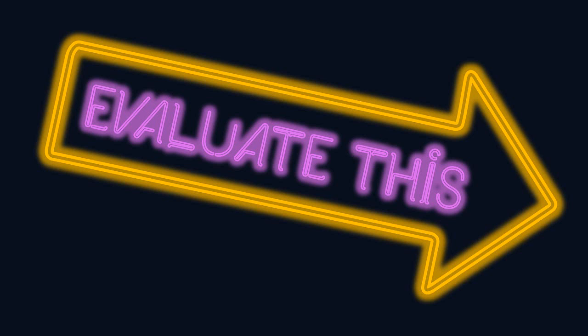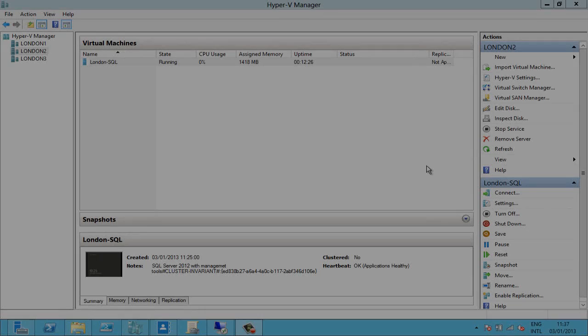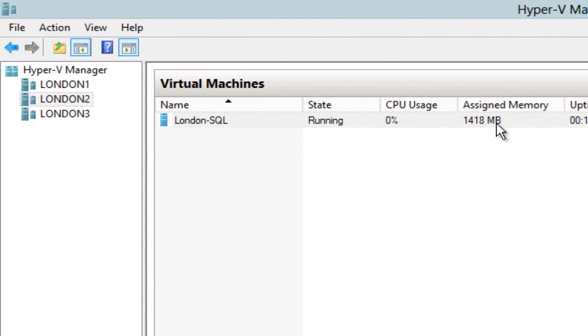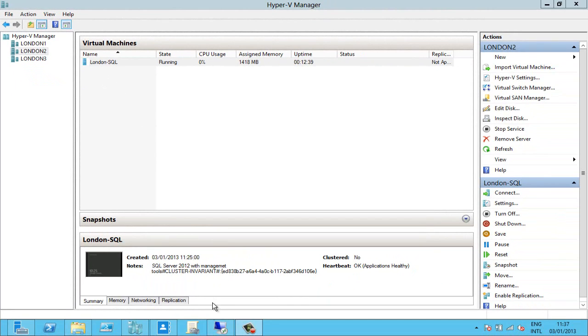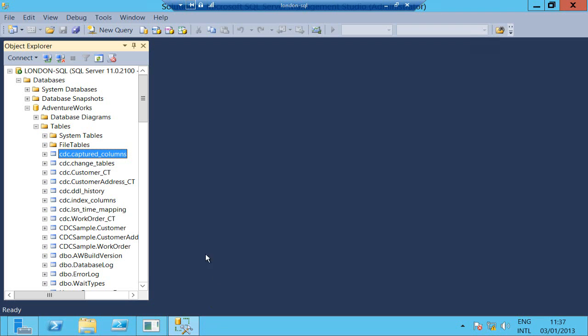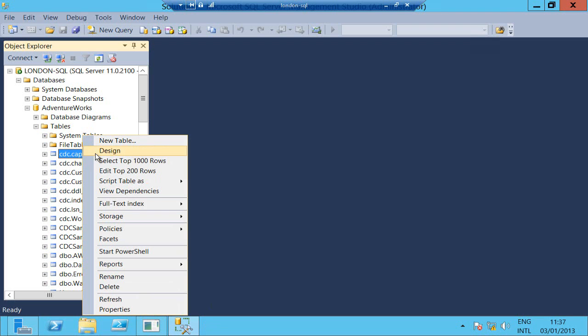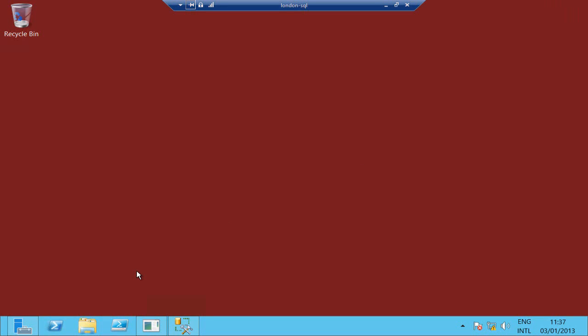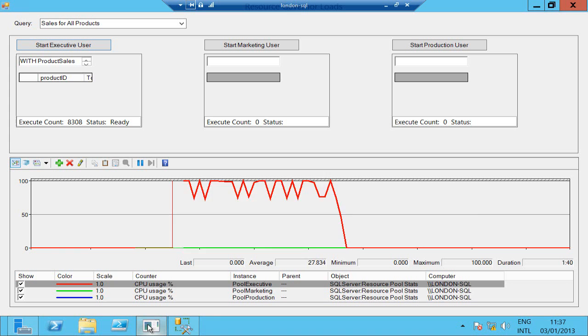I'm Andrew Fryer, and in this short screencast I'm going to play with live migration in Windows Server 2012 Hyper-V. I've got a virtual machine here called London SQL. It's the only virtual machine running on this server, London 2. It's called London SQL because it's running SQL Server 2012, as you can see. I've also put a special application on here that runs a perfmon trace against a SQL